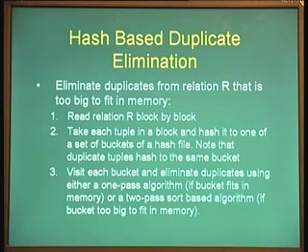Let me reiterate an important property to note here: because we are using the same hash function, if there are duplicate tuples, they will necessarily be hashed onto the same bucket. So we have already cornered all duplicates into the same bucket,